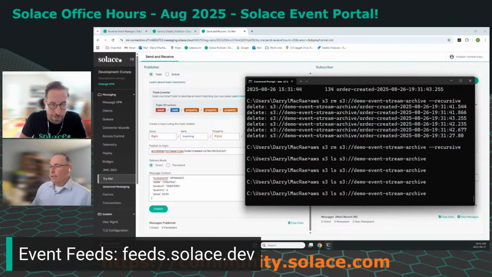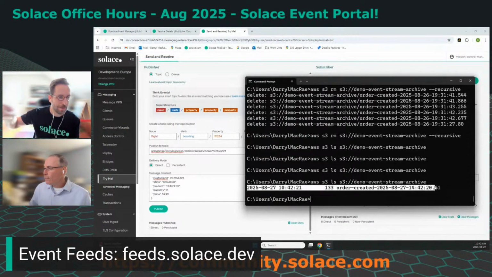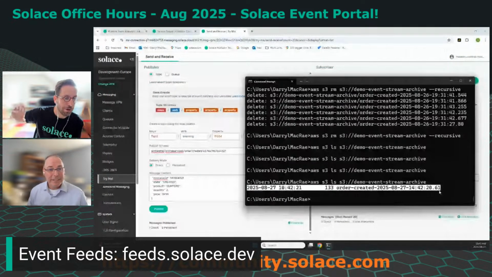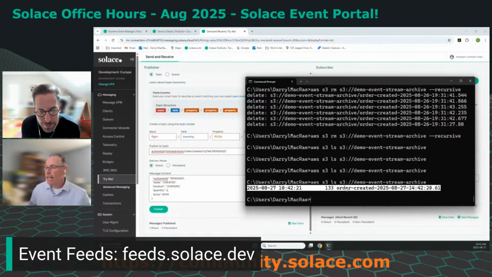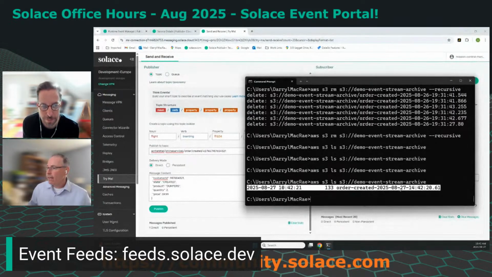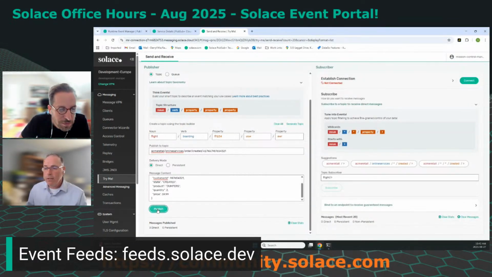Yeah, because there's quite a few hops for this to do. You're publishing it into the broker, it has to land on the queue, from the queue to the RDP, into the REST post or put, and then posting up into S3. So there it is, just like that. And then it uses that substitution variable, like the order created, with the date, the time, and the millisecond, which is what we defined when we did it. So if I say publish 5 more, so a total of 6,